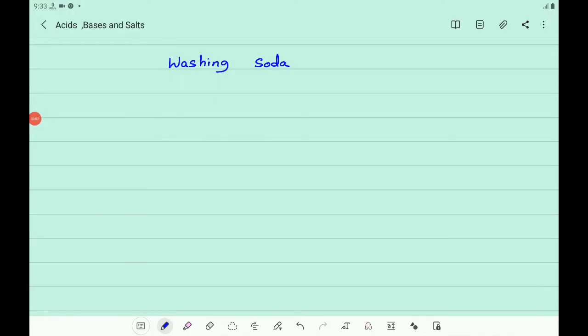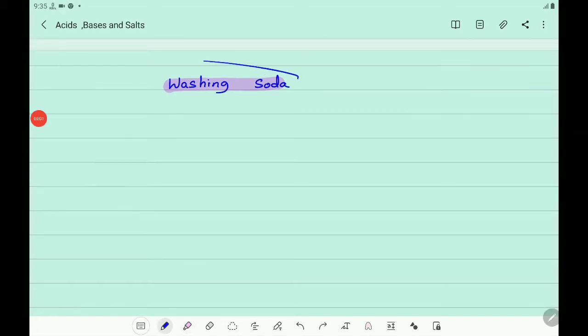Children, it is a continuation of the chapter acids, bases and salts. Now let us discuss washing soda. Washing soda is another chemical that can be obtained from sodium chloride. Washing soda is the common name of sodium carbonate decahydrate. So write the molecular formula of washing soda is